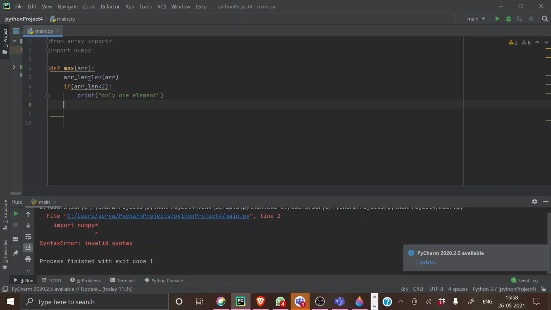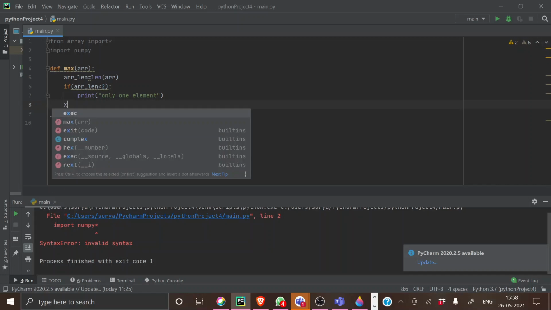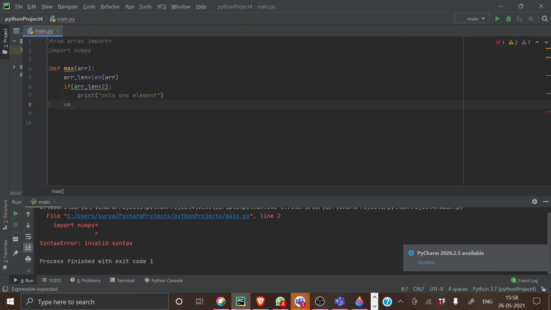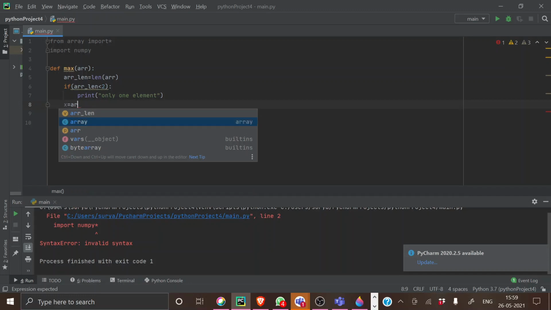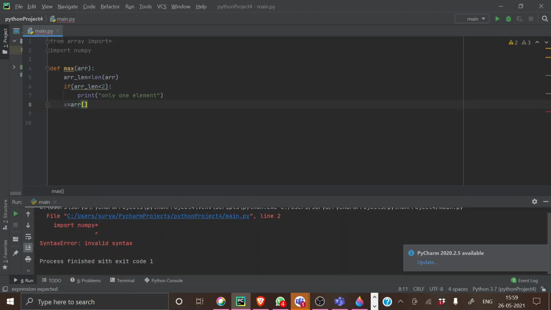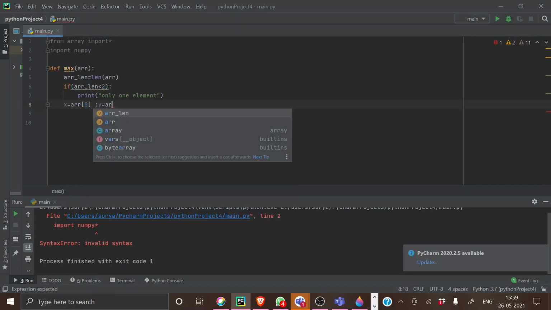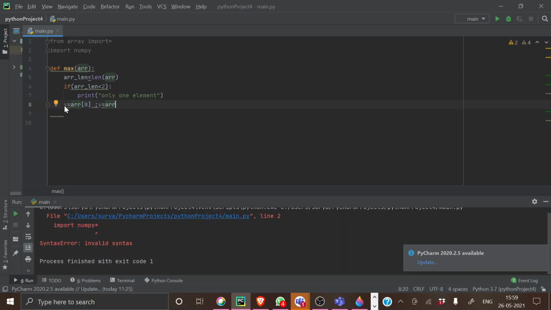Let it be like this. First I'm going to give an initial value for both temporary variables. I'm going to introduce a variable called temporary x. This x will hold the first element value, and then y will have the second element.